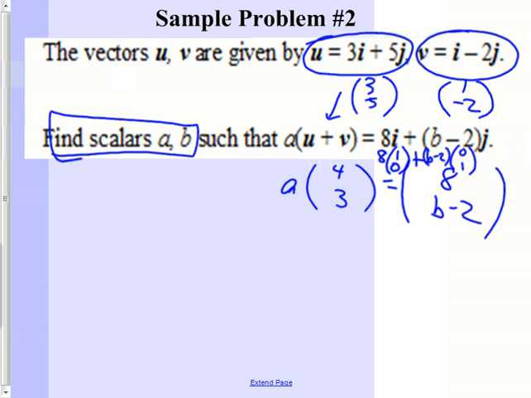When you do that, you get 8 times the 1, so an 8 on top, and in the other part you'll get a B minus 2, not on the top because it's times 0. You'll get it on the bottom. And when you add them, you'll get 8 over B minus 2. Now, some of you are just going to like it better to say, well, this is where the I's are supposed to go, and this is where the J's are supposed to go. But anyway, now that I've got it written this way,